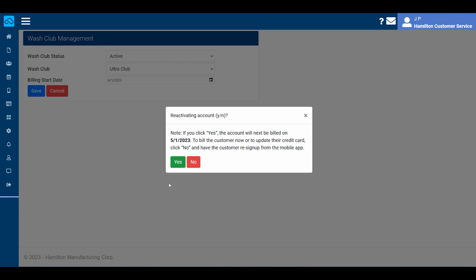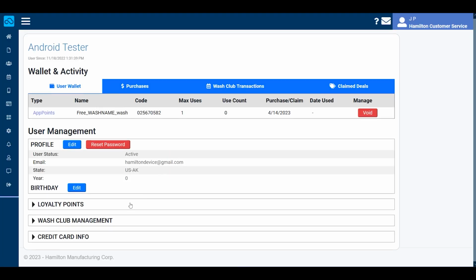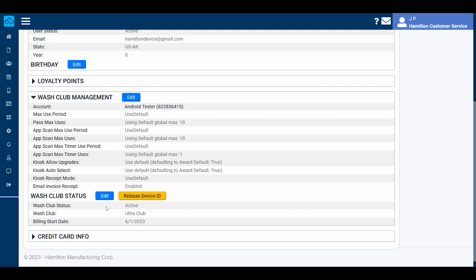If you want to push that date out further, click Yes on the pop-up. Then change the billing date to the desired date in the future. If you want to charge them the same day, click No on the pop-up box and have them re-sign up